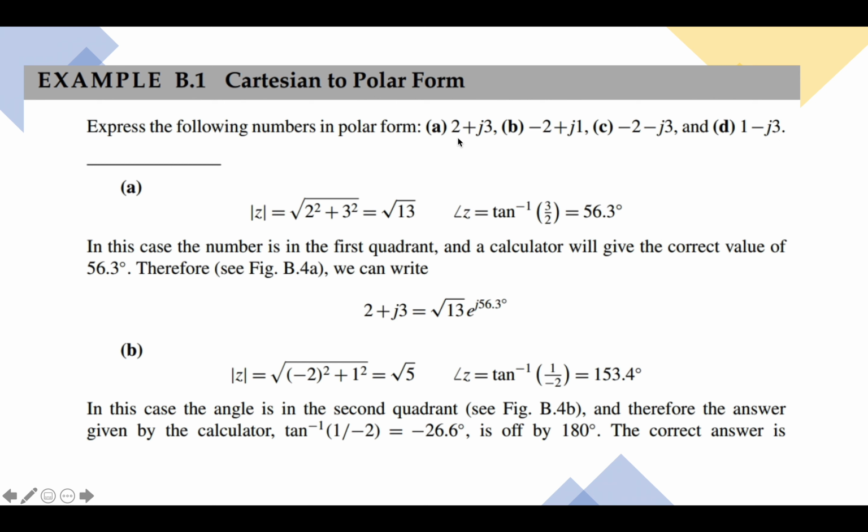So given these expressions, 2 plus jz, and there are several parts to this problem, we can find the magnitude by taking the square root of the sum of squares. So in the first one, it's the square root of 13. The angle is the inverse tangent of b over a, so it's 3/2 or 56.3 degrees. And so you can then write that 2 plus j3 is equal to the square root of 13, e to